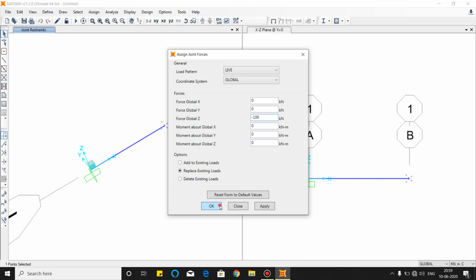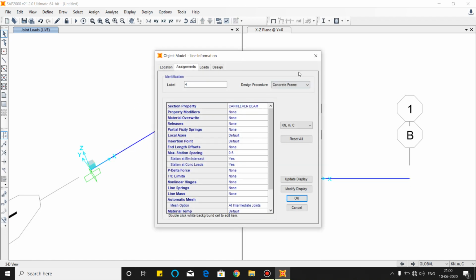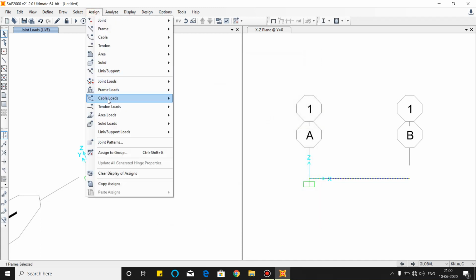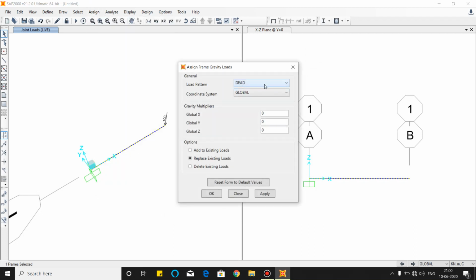Then we will give a point load here. Assign joint load, forces. Live load selected, global coordinate minus, we will give 100 kilonewton. Okay, this is the 100 kilonewton load added.